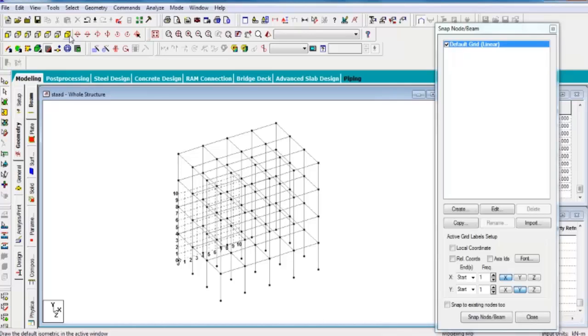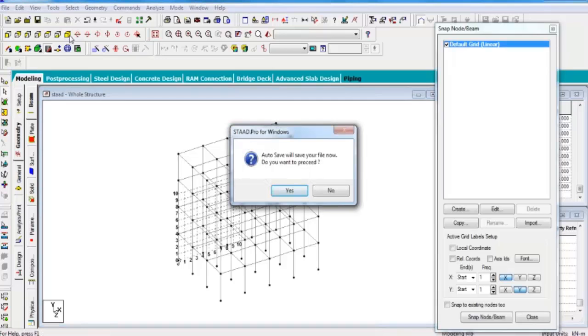Which type of structure? I don't know. Fixed supports are always used for buildings, because a building is not moving. So always use fixed support for buildings.